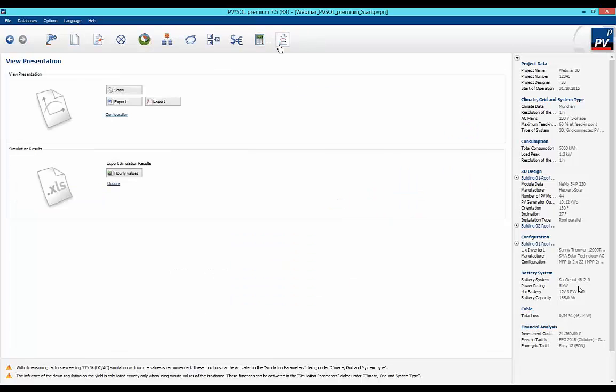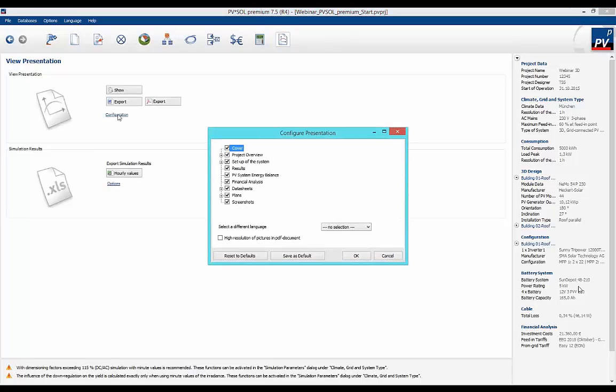So all the results and also the planning can be shown in a presentation report. We can configure this report under the configuration link, also to decide what should be in, what should be out. Just mark it with the check mark or uncheck it. We can select different languages compared to the program language. There are some additional ones like Danish, Turkish,